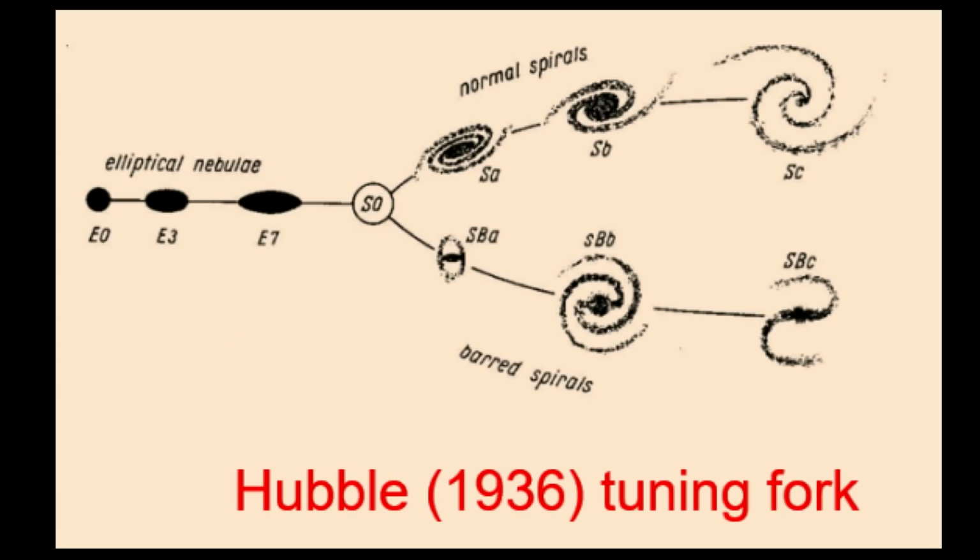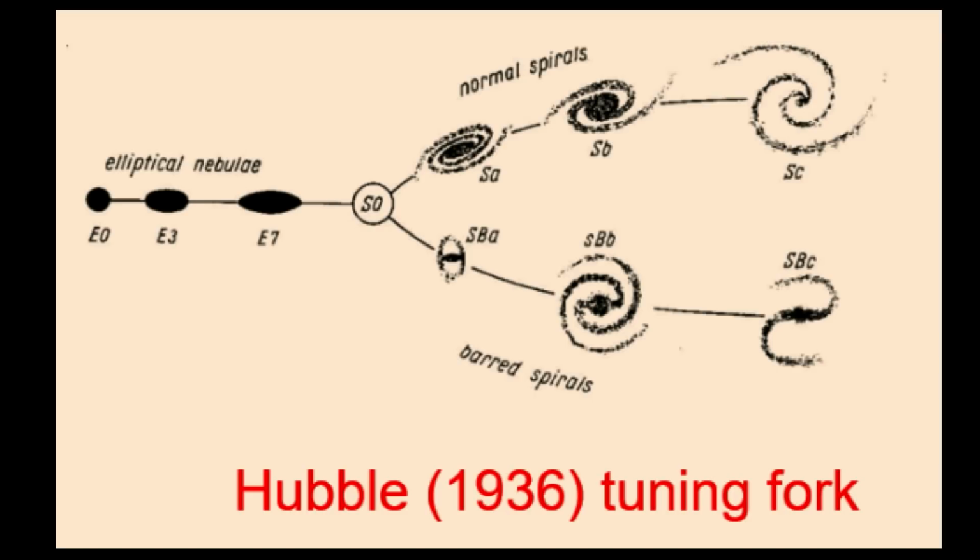So lots of ongoing star formation in those brighter regions of the Antennae Galaxy. Now, it was believed for many years, after Hubble constructed this particular diagram, known for fairly obvious reasons as the tuning fork diagram because of its shape, that galaxies would evolve pretty much from left to right across the image, with the very smooth structures being on the left and the pretty spirals and barred spirals being on the right. That was what people used to think.